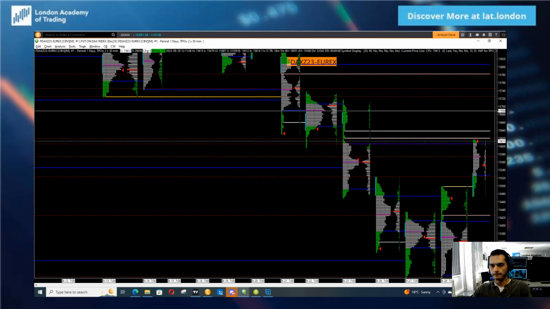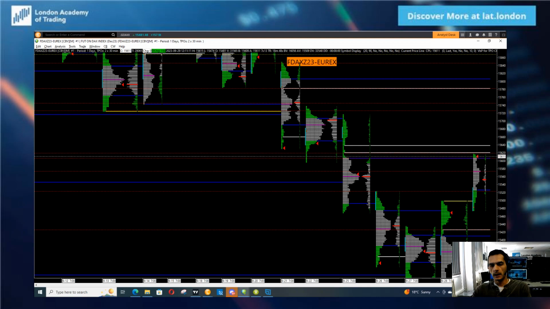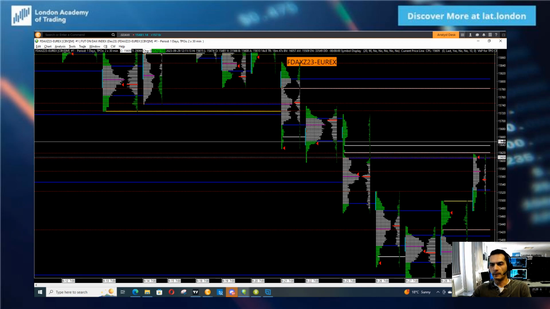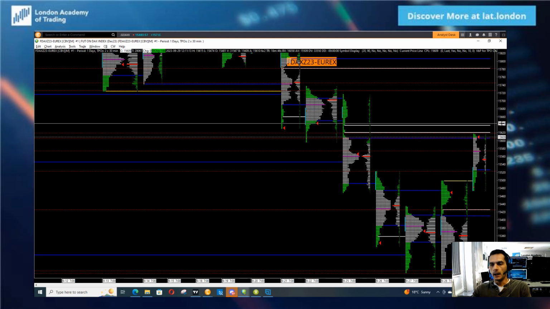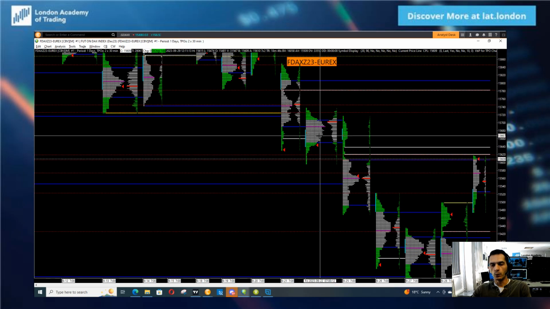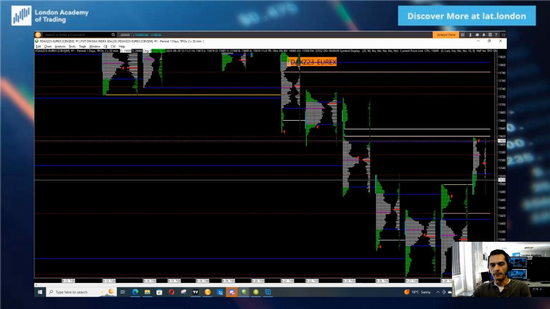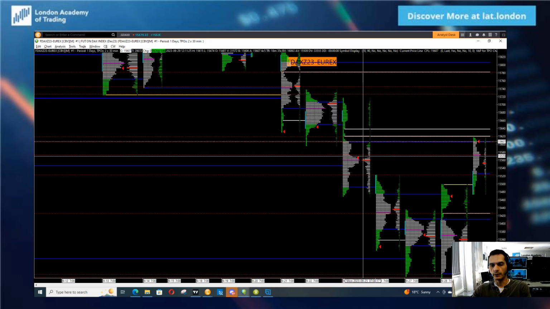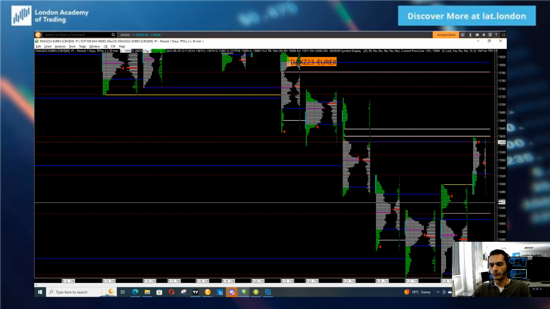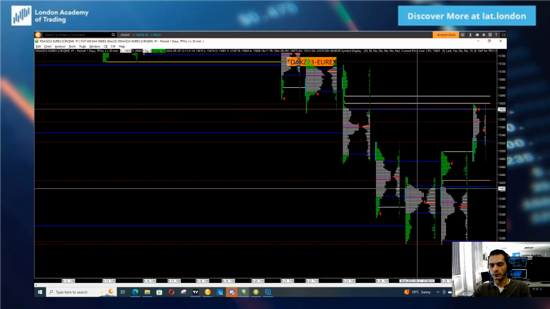Following those macroeconomic events, we can see the German DAX has been moving to the downside quite aggressively. As we move to the downside, we can see how the value area highlighted in white on this chart has been moving lower with every session, accompanied by the point of control highlighted in red, which has been moving lower as well until we got to the session of Wednesday,